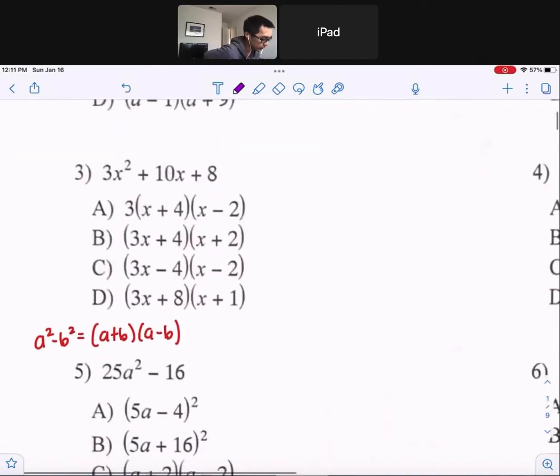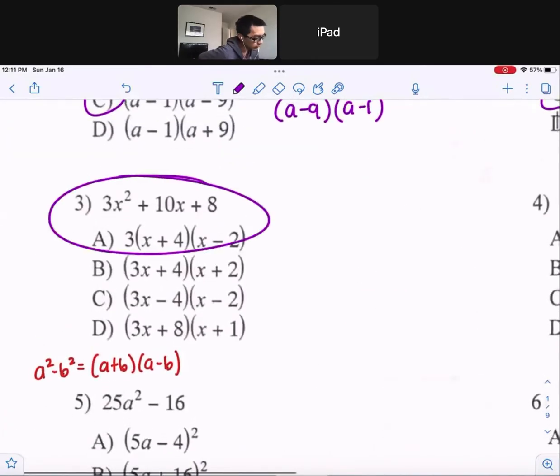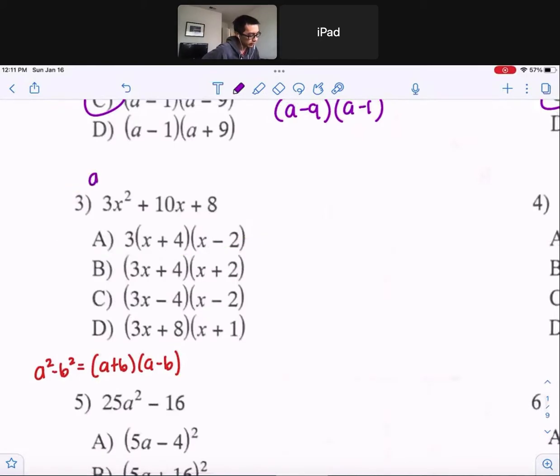Number 3. So now we can't factor out anything from here. So this is an a is greater than 1 case. So we still do the x method, but then we've got to factor by grouping. So a times c at the top, b on the bottom. 3 times 8 is 24. Your b value is 10. The two numbers that multiply to 24, but when added give you 10. That's 6 and 4. But because a is greater than 1, we've got to use our two side numbers, but we've got to factor by grouping. So the first term first,